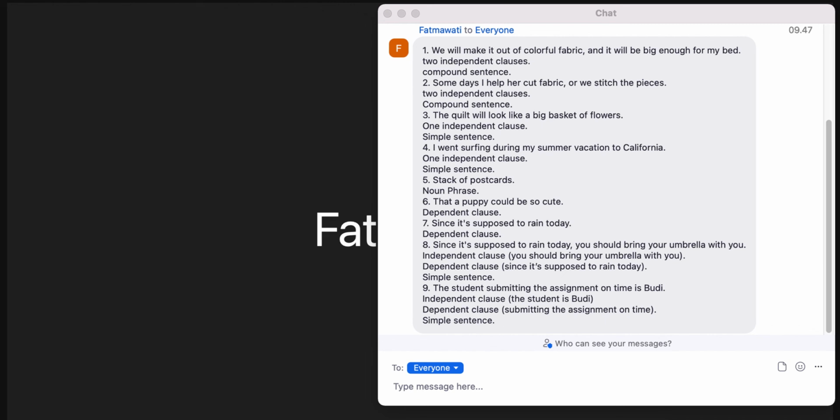Nah, the choices are, you need to identify 1, phrase. 2nd, dependent clause. 3rd, sentence. 4, simple sentence. 5th, compound sentence. 6, simple sentence. 7, dependent clause. 8, simple sentence. 9, simple sentence. 10, simple sentence. 11,